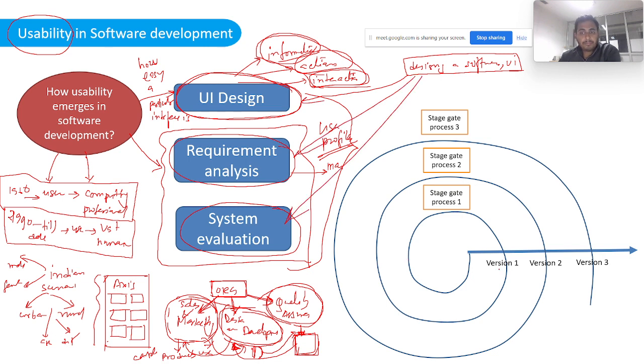Okay. So that's what is represented in this spiral design process. Like every time we have a new stage gate for version 1,